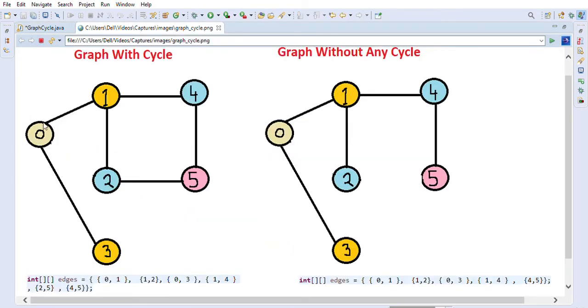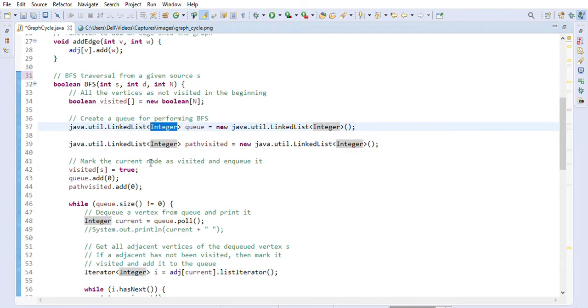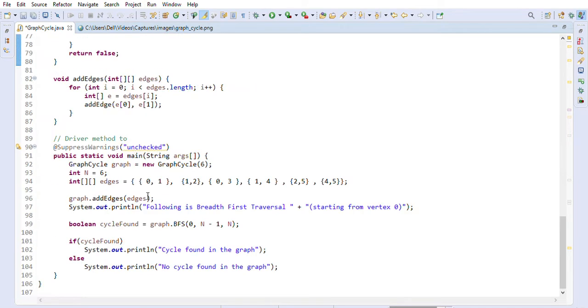For example, we will start with this 0 node. 0 is our starting node, so we will put 0 in the beginning of the queue. That is how the BFS works. We have to start with some node, so we are using 0 as our starting point, and we are marking the 0 as true here. S is the source, but here it's 0, since it's 0 to n minus 1.